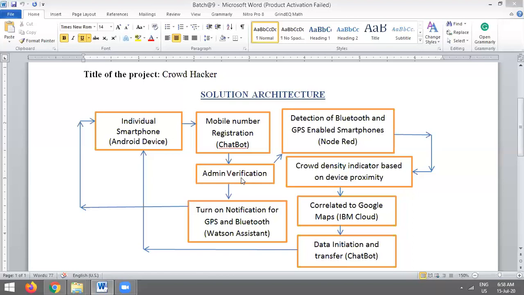So what happens here is once the basic node, which is the individual smartphone Android device, has its Bluetooth and GPS switched on, the detection of Bluetooth and GPS is enabled, and depending on the proximity of all the GPS and Bluetooth enabled devices in a particular proximity, say 200 or 300 meters, the individual who is the basic node, or node 1, can check out the number of GPS